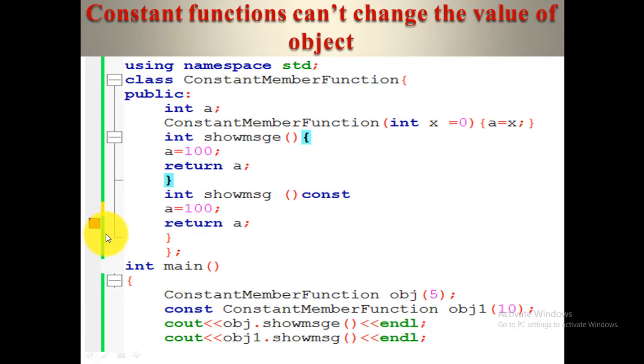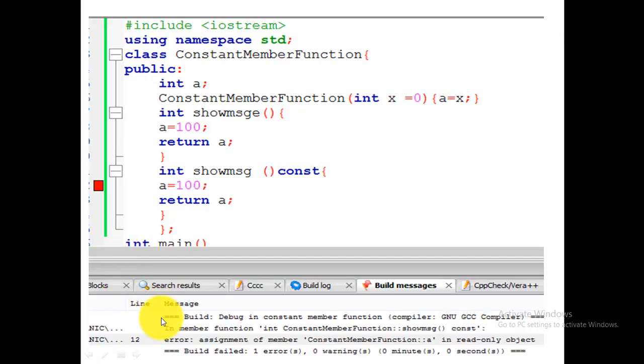And what is the error? Assignment of member a in read-only object. It means the constant object is a read-only object and we are overriding the value of a. We are making a change in the value of a that is not allowed by the compiler. So it will generate a compile time error.